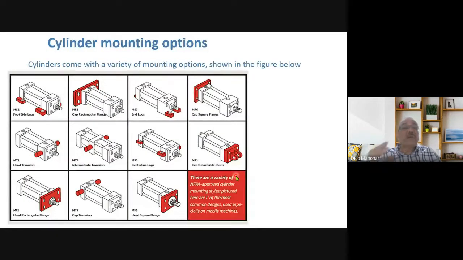Now here there are some mounting methods. I will not go into detail, but the most popular are shown here. These are the most popular mountings for cylinders. That means this is the way we mount the cylinder on a frame. Either the cap end is mounted, or the rod end is mounted in this fashion, or it can be trunnion mounted, head trunnion, or middle trunnion, or front flange mounted. These are the various options for mounting.